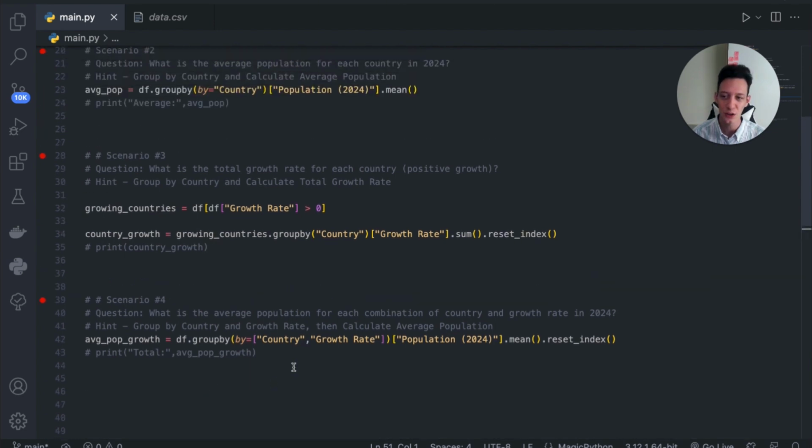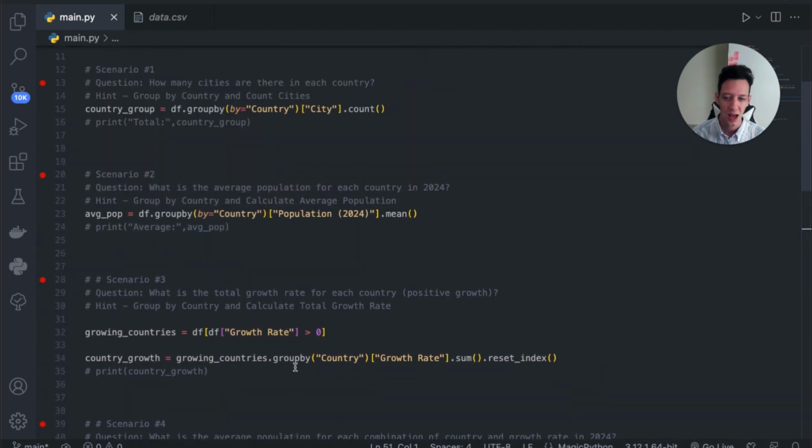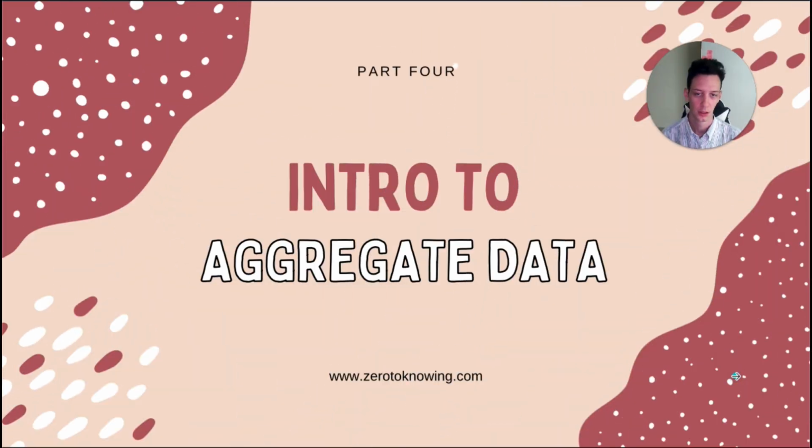We've covered here grouping data. I want to talk about something called aggregation. Now that you've wrapped your head around group by and how we can group data, I want to introduce you to the next topic in this series, which is aggregate data. Now, really what this means is you can apply multiple functions at the same time onto a data frame, onto your filtered data or onto your grouped data. And Pandas has a really handy method that we can use for this,